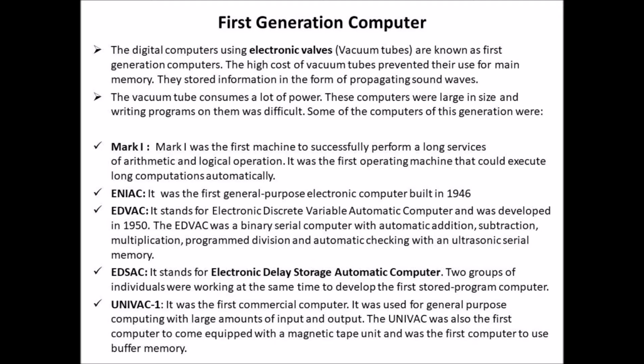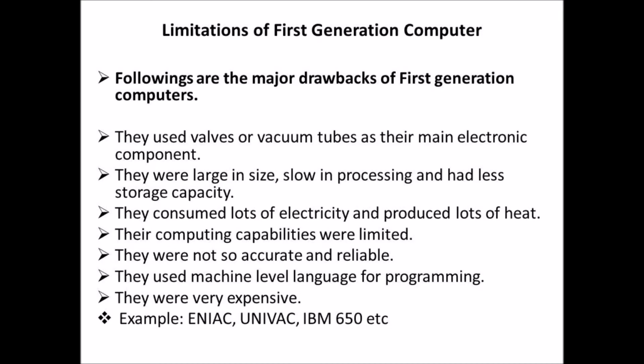It was used for general purpose computing with large amounts of input and output. The UNIVAC was also the first computer to come equipped with a magnetic tape unit and was the first computer to use buffer memory. The major drawbacks of first generation computers are: they used valves or vacuum tubes as their